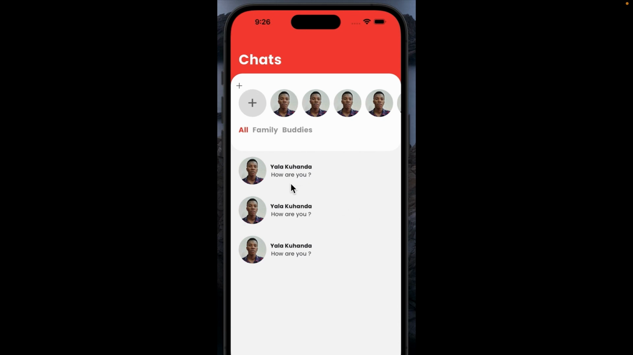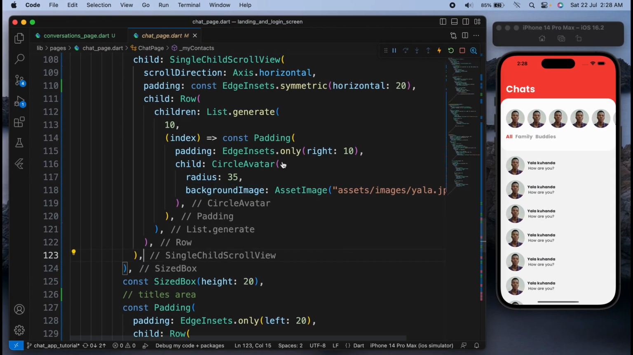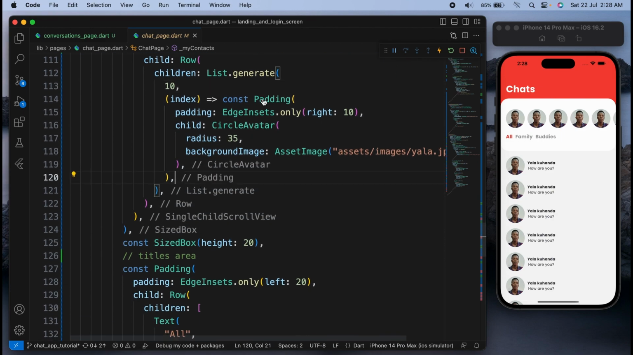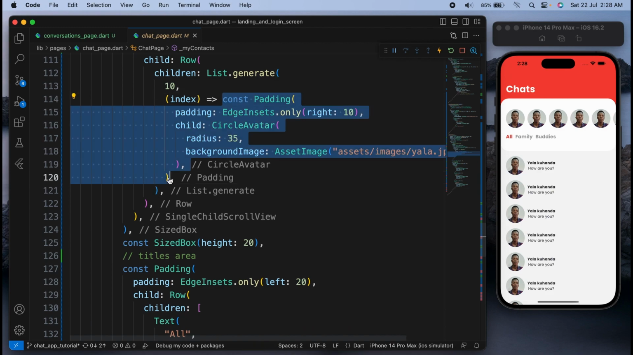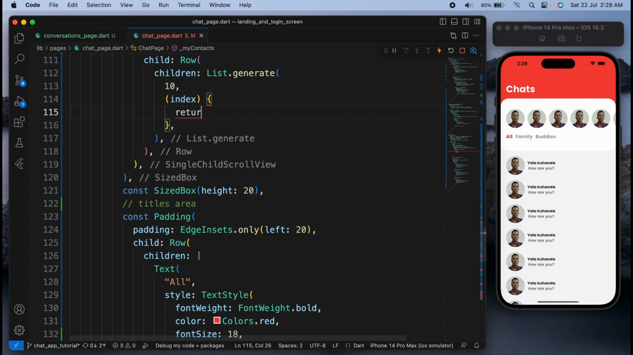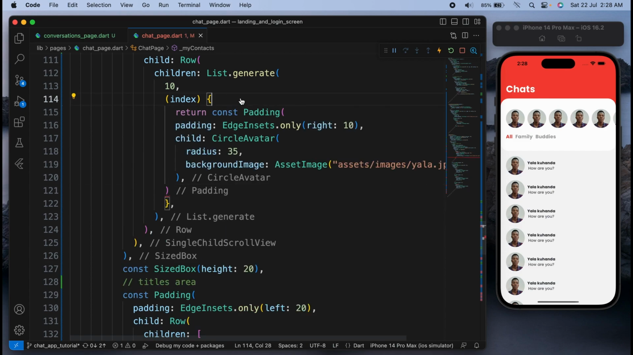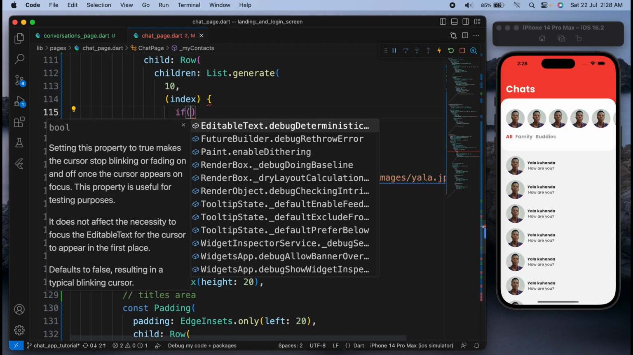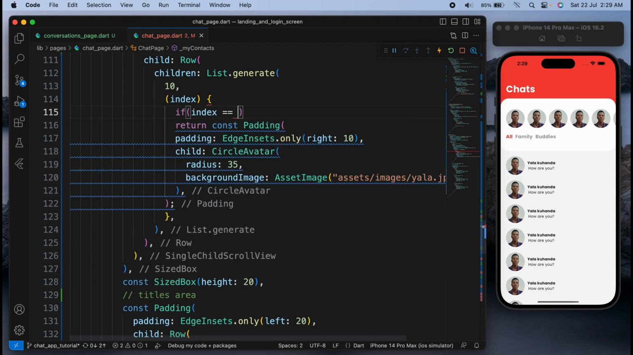Okay, let me add this container here with this plus sign inside of it. So all I have to do is to come here in the contacts widgets. Okay, so here on the lists, I'm gonna remove this first. It's gonna be like that. Here I'm gonna make a condition. So if we are at the first index, if index equals 0,